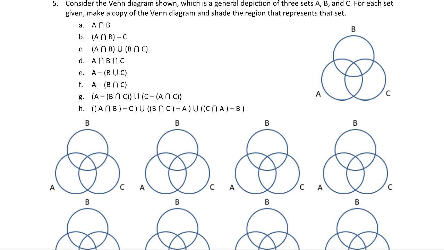Okay, here we're going to do an example problem from set theory that is testing to see whether or not you understand how to shade in Venn diagrams according to some prescription given to you here, parts A through H. I gave you some nice Venn diagrams to use here, and I'm going to fill these in